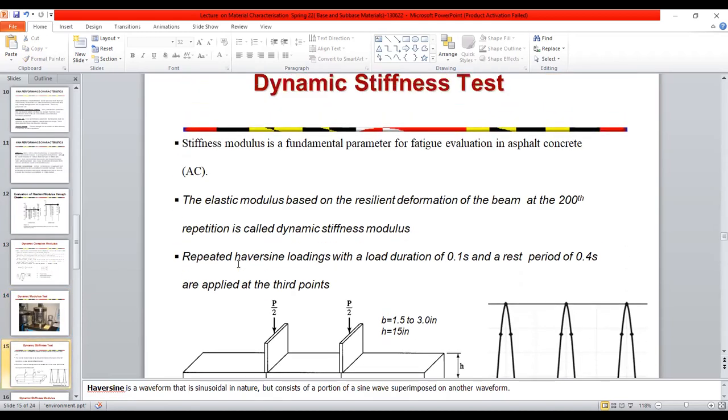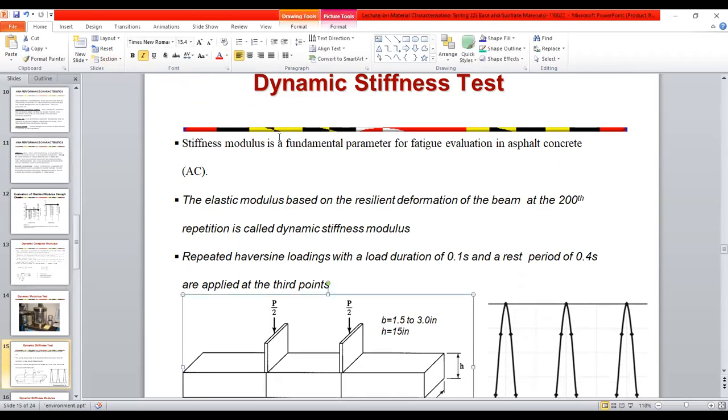Another way to know the elasticity modulus is to calculate the stiffness modulus. How? Stiffness modulus is a fundamental property of fatigue evaluation in asphalt concrete. Here we have to be very mindful of the difference between what we get from the dynamic modulus and what we get from the dynamic stiffness.